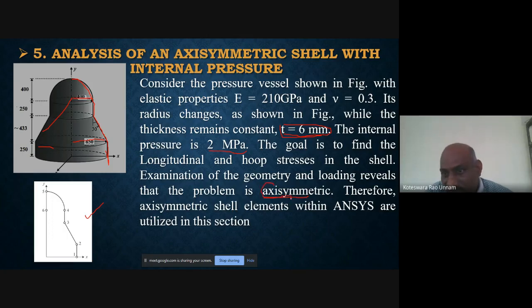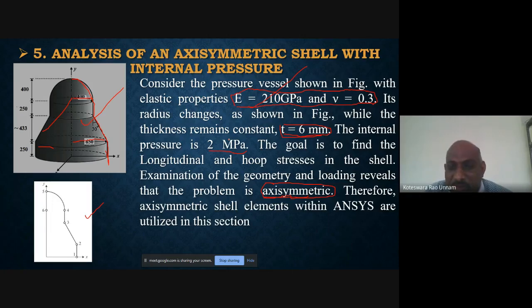In order to model any problem as an axisymmetric problem, there are some conditions to be satisfied. The first one is that the geometry should be axisymmetric. From the given problem, the geometry is axisymmetric. The next is that the material property should be axisymmetric. Since he has given an isotropic material, it will have axisymmetric properties, because the properties are independent of direction.